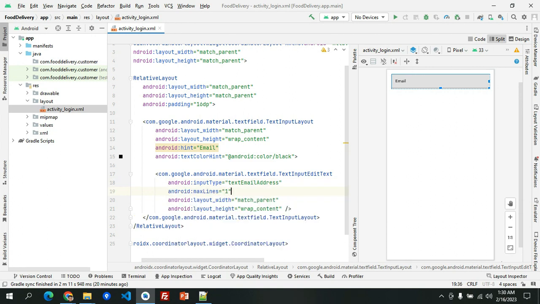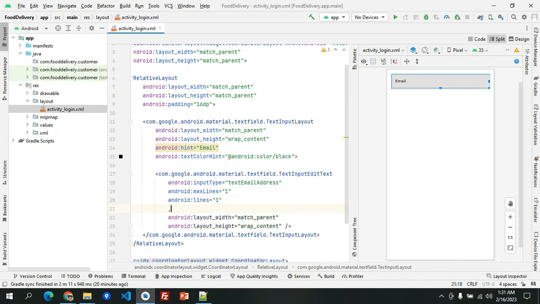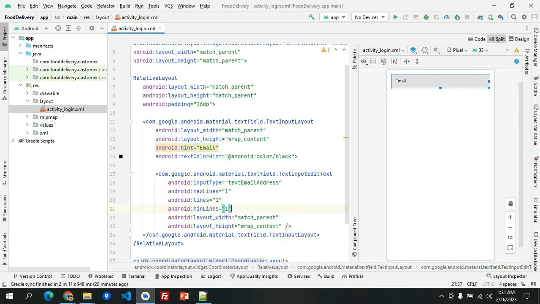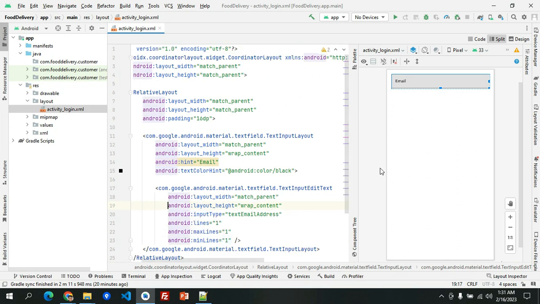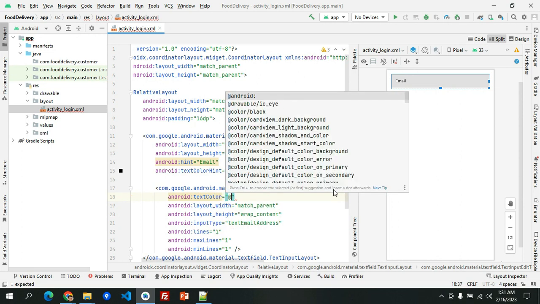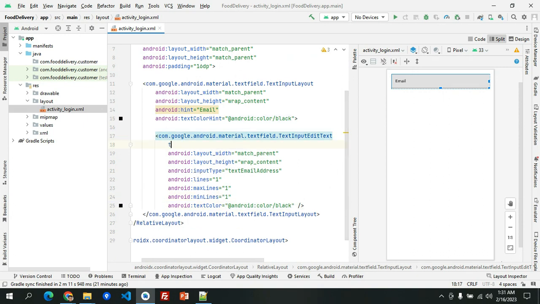The max lines is 1, lines is 1, the min lines is 1. Control Alt L, then we'll have the text color as black as well, and then the text size would be 15 sp,